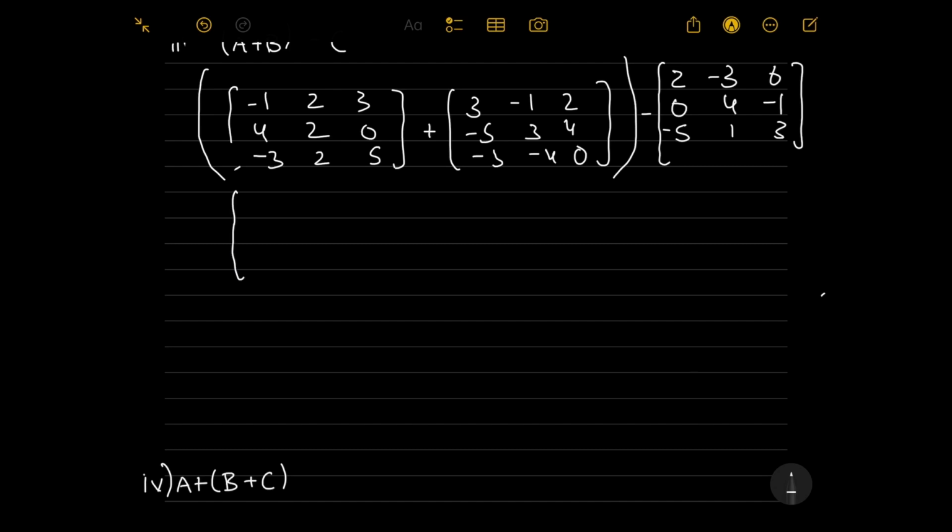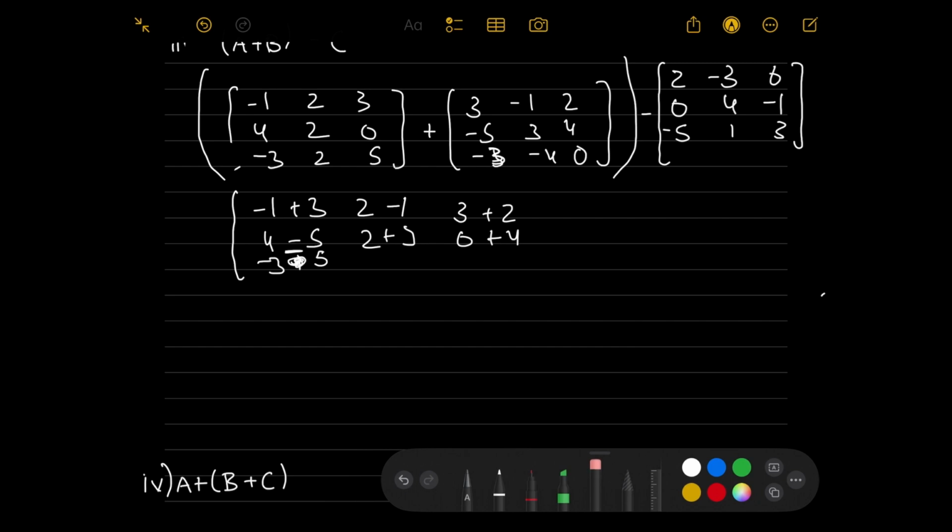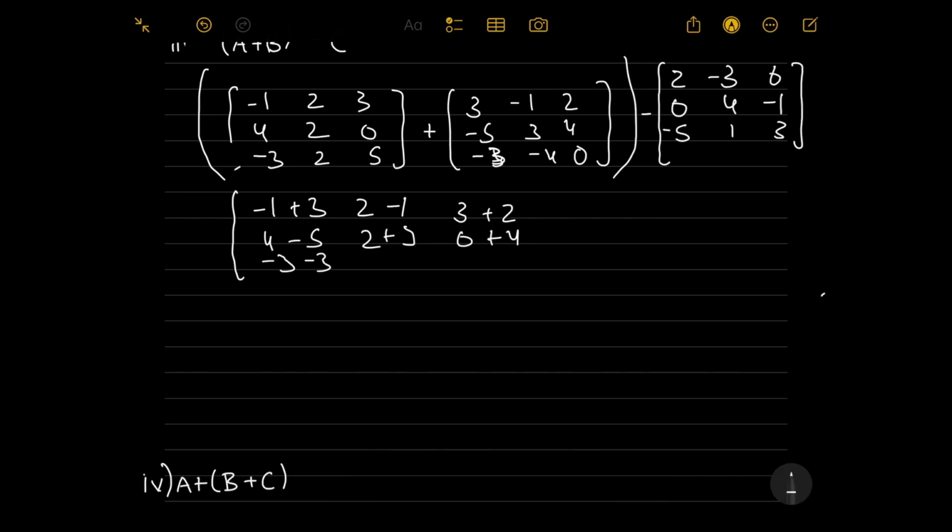So adding these both will give us minus 1 plus 3, 2 minus 1, 3 plus 2, 4 minus 5, 2 plus 3, then 0 plus 4, minus 3 plus, I think this is not 5, this is 3, so minus 3, 3, minus 3, 2 plus minus 4, 5 plus 0,